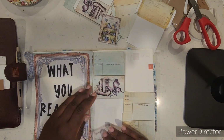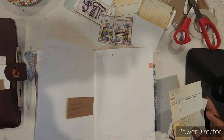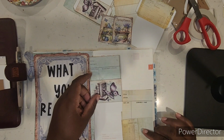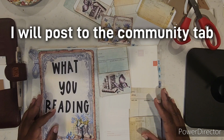I like the two being here, although I do have the ability to do the covers and then write actual lengthier reviews here. So, but I think I'm going to do the two. I'm not sure. But I'm not going to hold you guys as I try to determine how I want this to end up